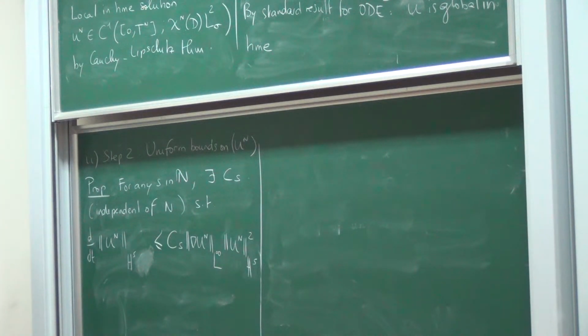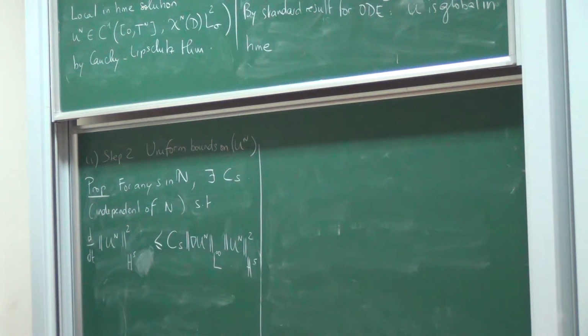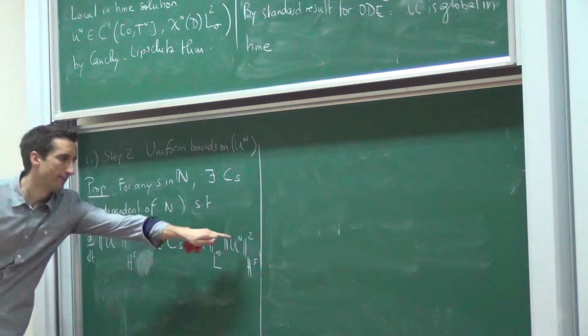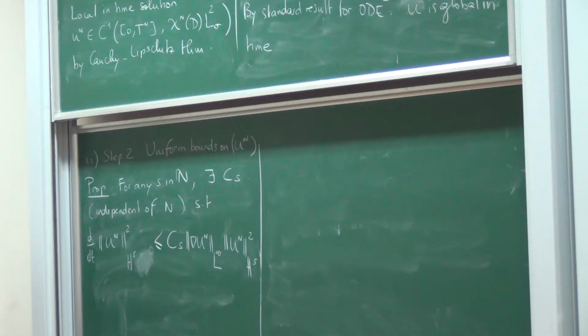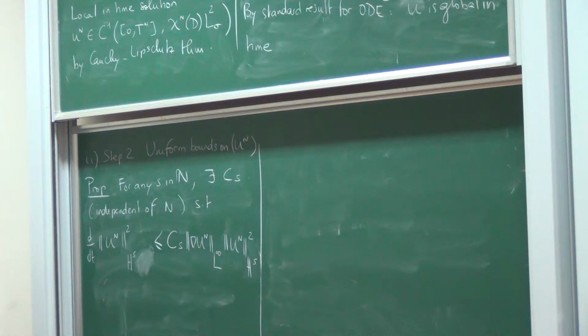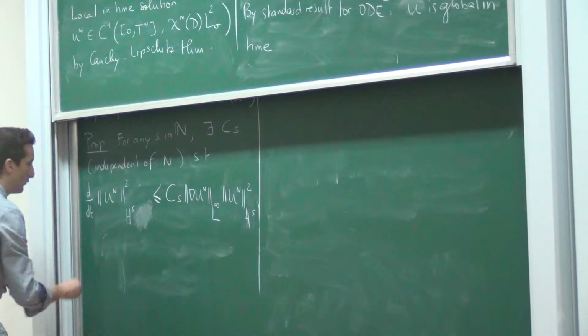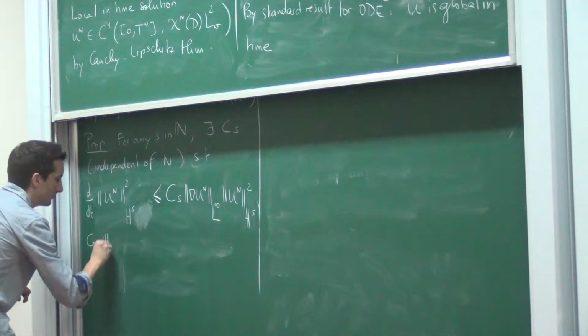Okay. So we have a square on the left-hand side. I have a square here and I have a square there. So square here and there. Okay, so I have this inequality with a constant which is independent of capital N. And from there we can deduce the following uniform bound